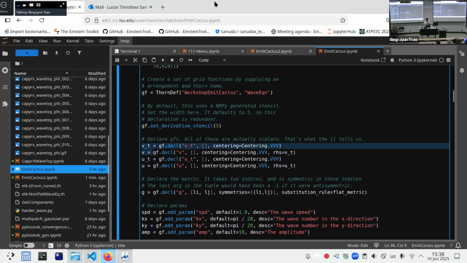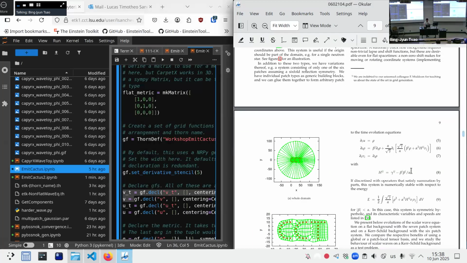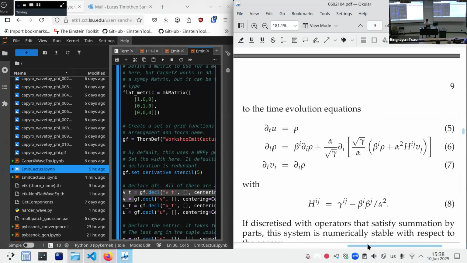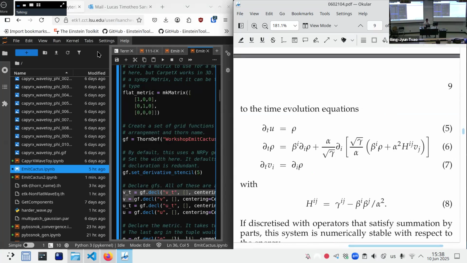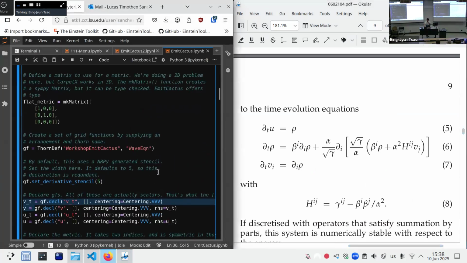I'm going to try and do a picture-in-picture here where we can get the equations we're trying to solve. Let's see if I can close this. So we can get some reference side by side of these things. And if you're all EmitCactus specialists by this point, you should probably do this in no time.